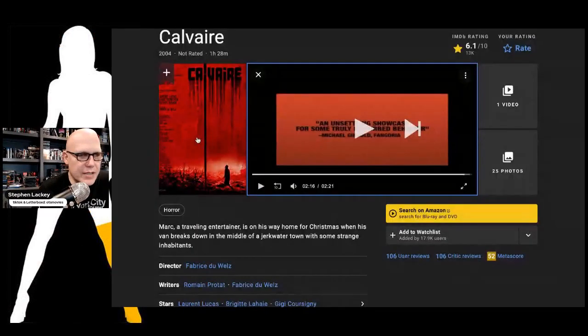So the film is essentially about a guy who's a performer, and he's traveling. His vehicle breaks down in a little kind of village, and they don't want to let him leave. It's sort of, if you mixed Misery and the Texas Chainsaw Massacre, you would be getting close to what Calvaire is. Now, it's a slow burn, so